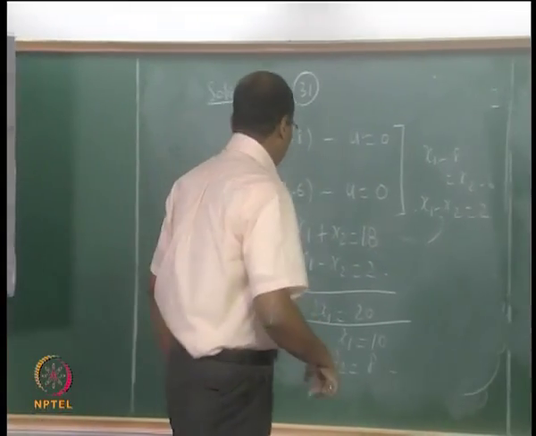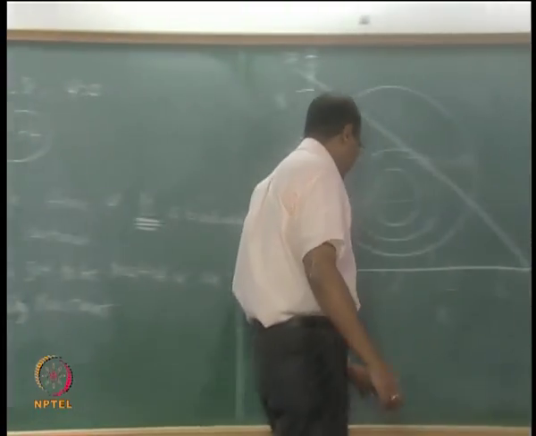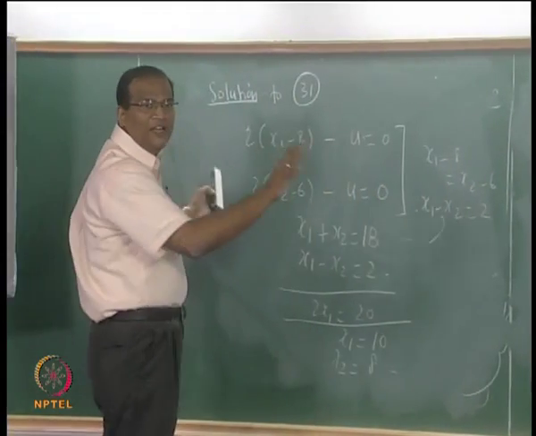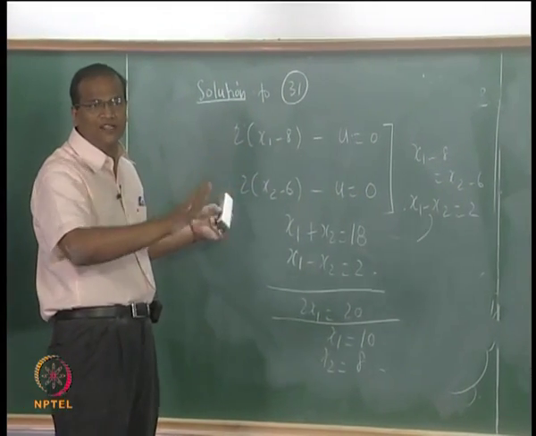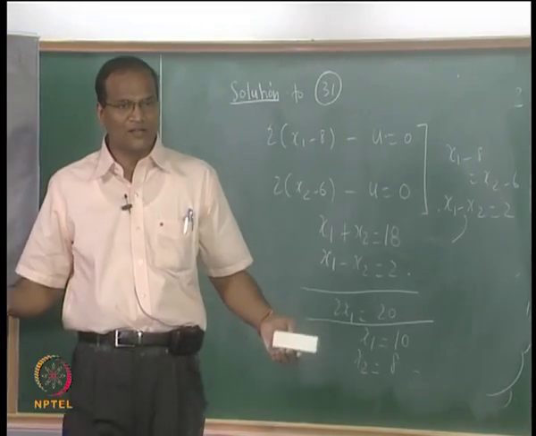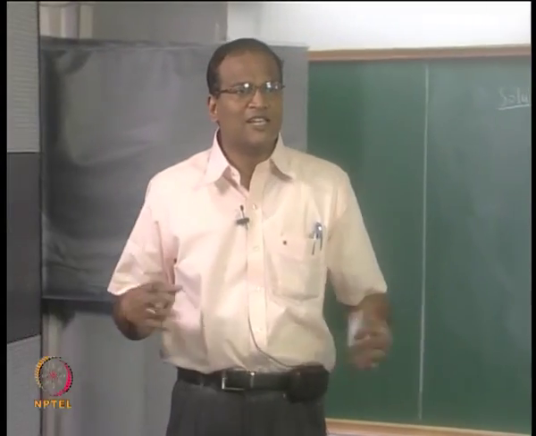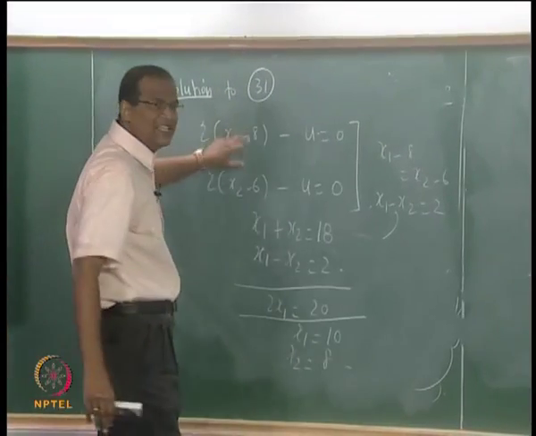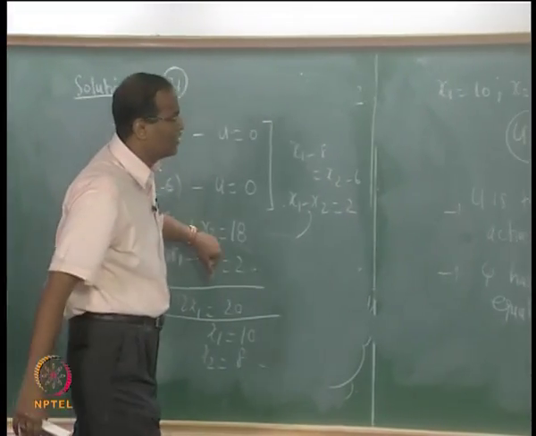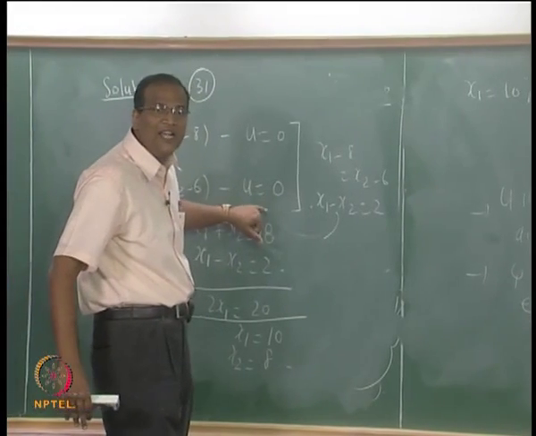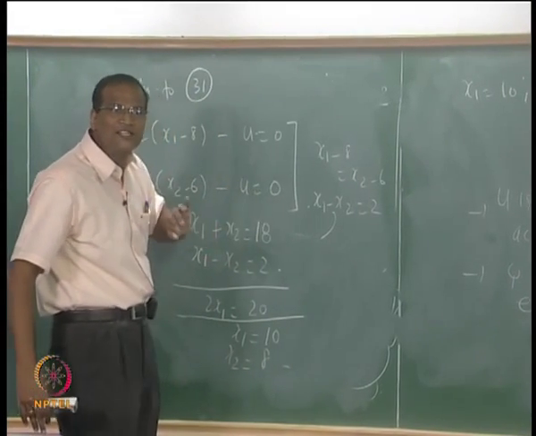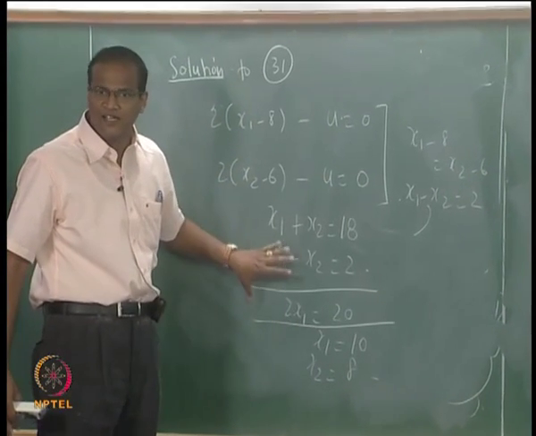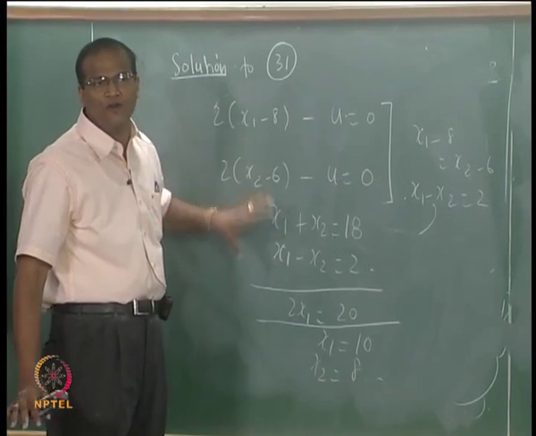Okay. Now before closing this discussion, there are two approaches to handling an inequality constraint. Number one, ignore the constraint, see whether it is violated. Now you ignore the constraint, you get the solution as 8 and 6. If you substitute here, x1 plus x2 greater than 18, it is violated. Therefore the constraint is absolutely violated if you ignore it, therefore you made a mistake by not considering the constraint. This is a very crude way of handling this.